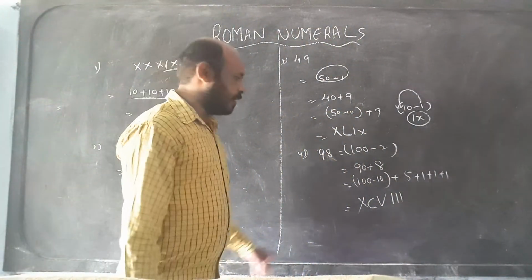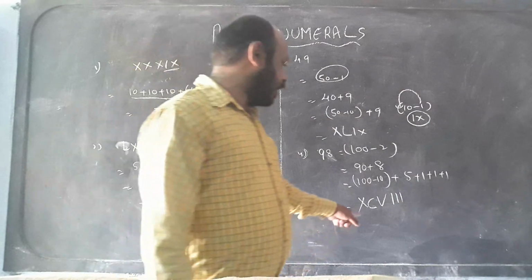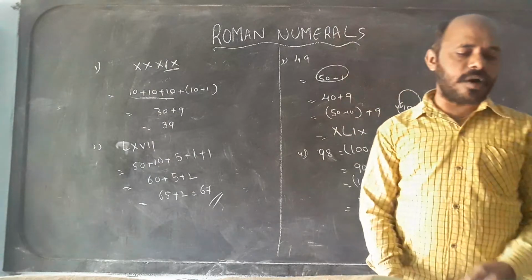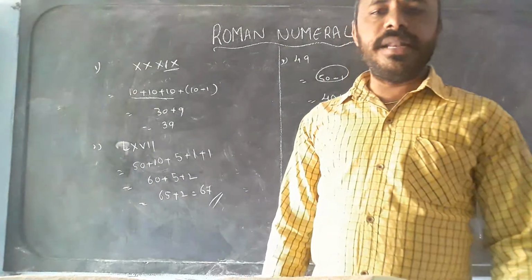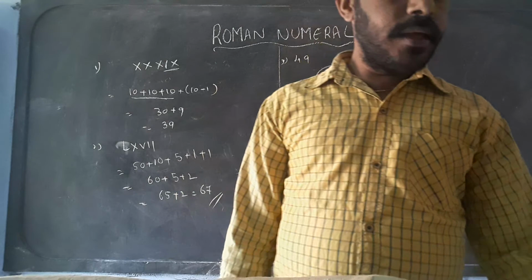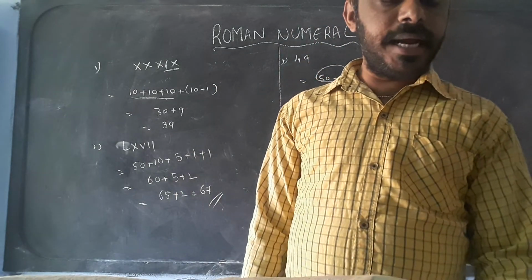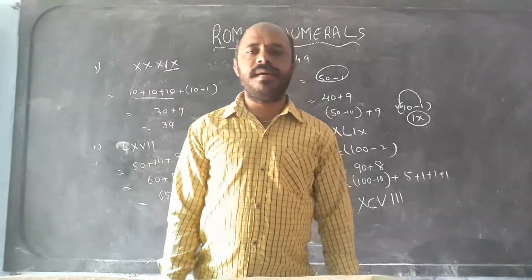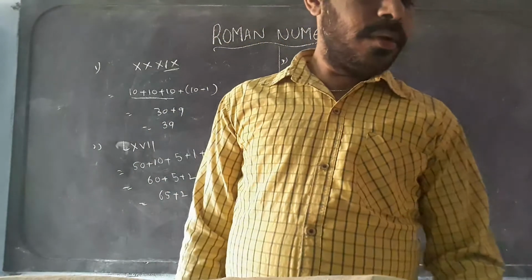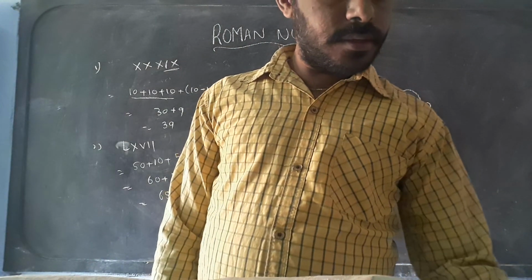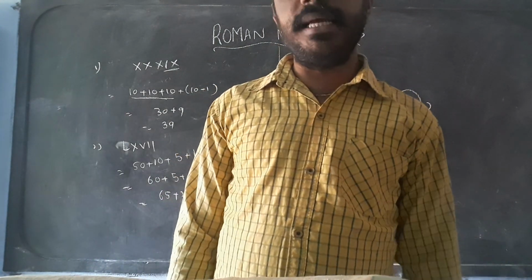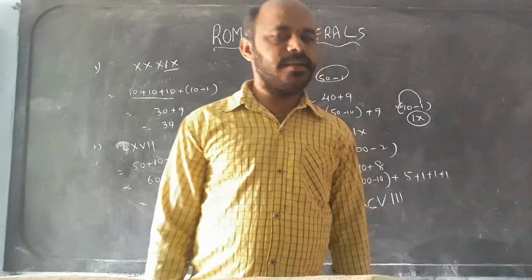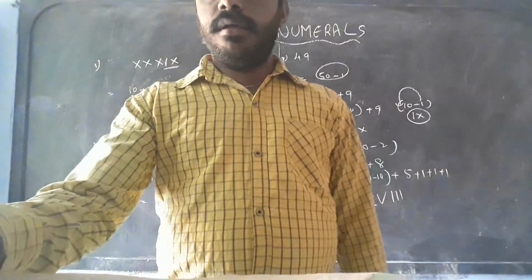If the Hindu-Arabic numeral is given, we can write the Roman numerals. For Roman numerals, this topic is completed. For the next topic, I will explain addition and subtraction: how to add numerical numbers and how to make them bigger and smaller. Okay children, thank you for this session. In the next session we will meet for addition and subtraction.